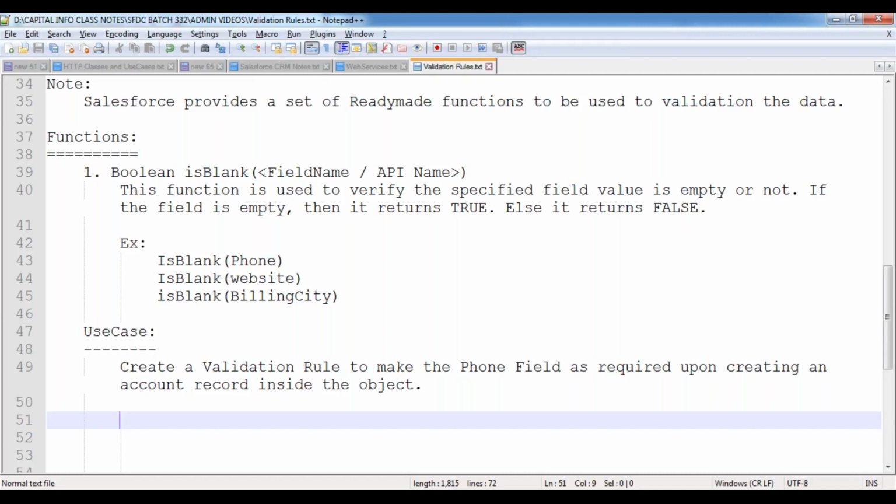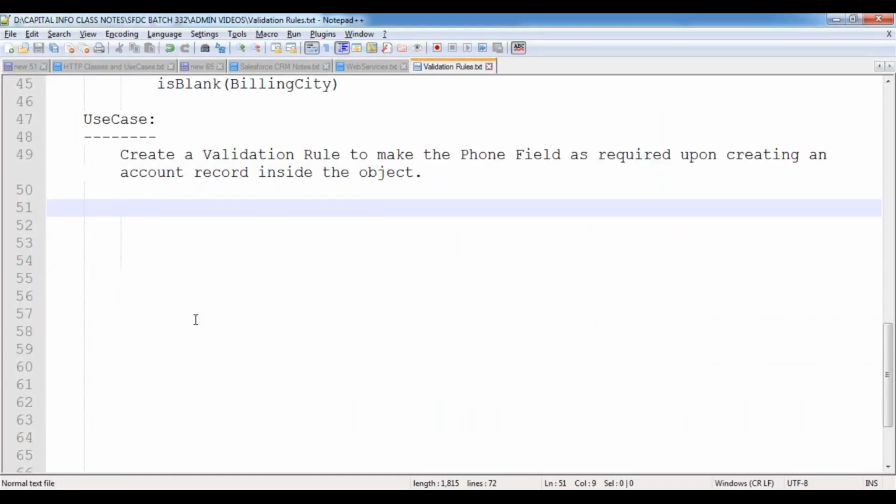Now, how can we prepare this validation rule? Let's see how we can create this validation rule.